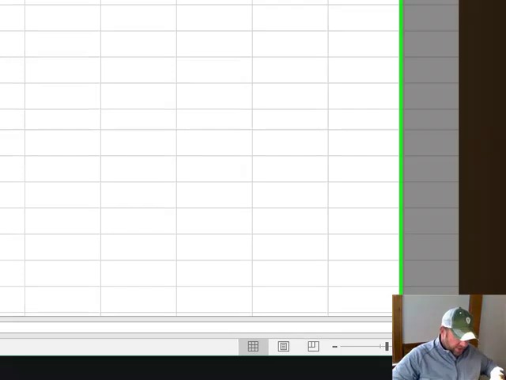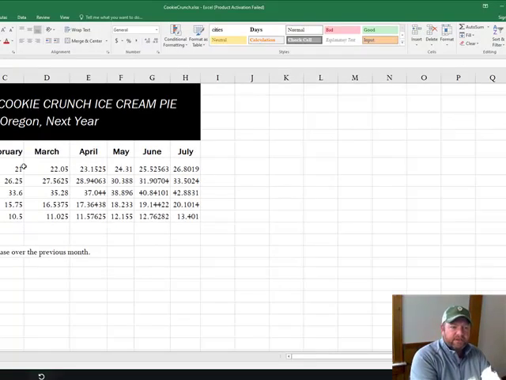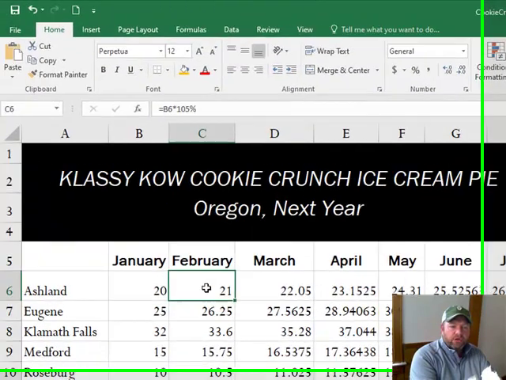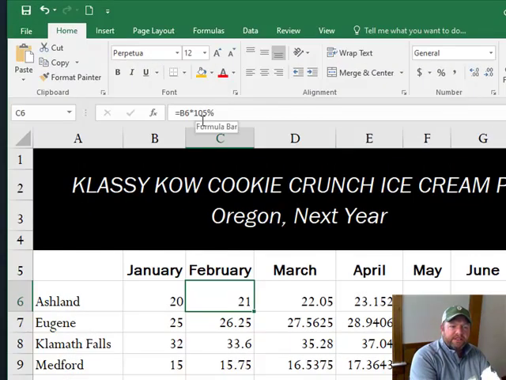I want you to click on cell C6. Now, you don't see it when you click on it, but I want you to look in the formula bar. So C6 is assuming we're going to give a 5% increase every month. As the weather gets warmer, we're going to expect a 5% increase in sales, or maybe in hourly rates, because it's going to get busier selling ice cream throughout the year. Actually, here's what it is, the sales of the ice cream pie. We're hoping that as the year goes on and it gets warmer, more people will want to buy the ice cream pie, and it's hard to guess, so